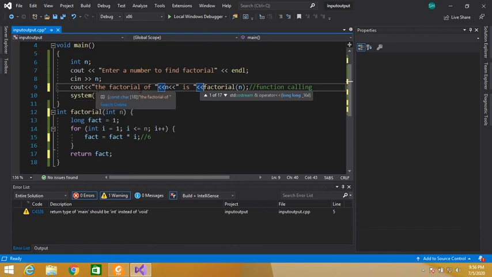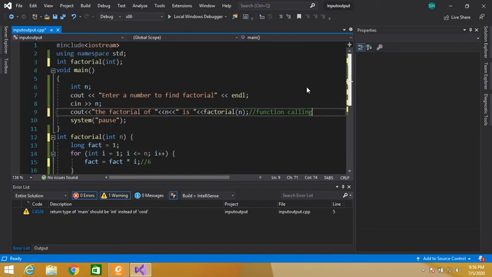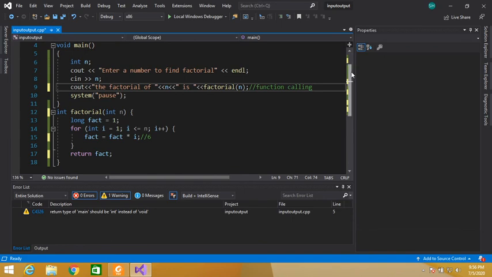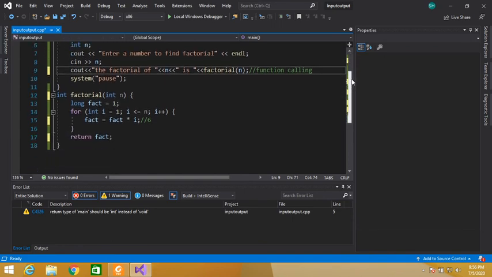The factorial of n, n means the number which is entered by the user. So now our function returns a value. In this way we can return a value from a function.